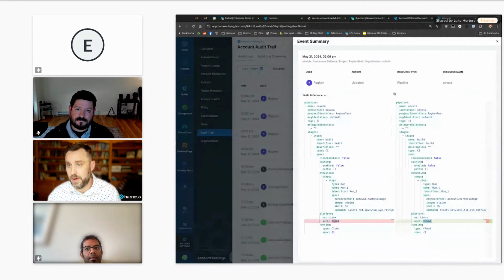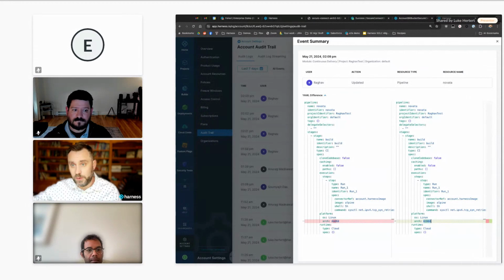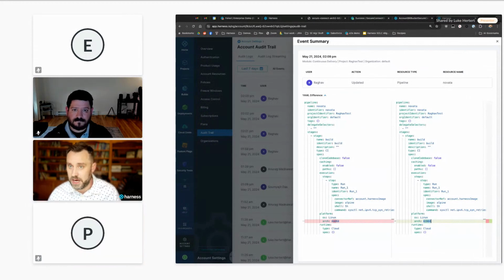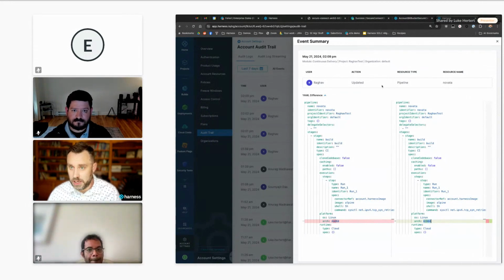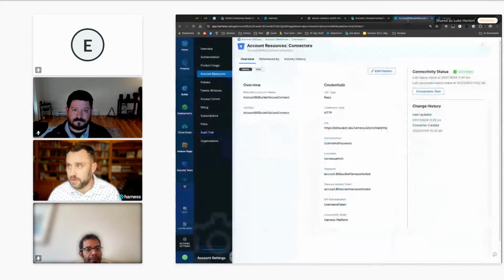So having role-based access control, policy as code, and a full audit trail, these are all a handful of ways that you can effectively ensure that the right people have access, and that the things they're doing are operating in a trusted way. And then finally, we've got those deploy time steps to validate that we've signed things appropriately and that it doesn't contain any vulnerabilities or banned dependencies. We've got one more thing to touch on, Pranav, if we have time here, around connectors. Does that work? We have time.